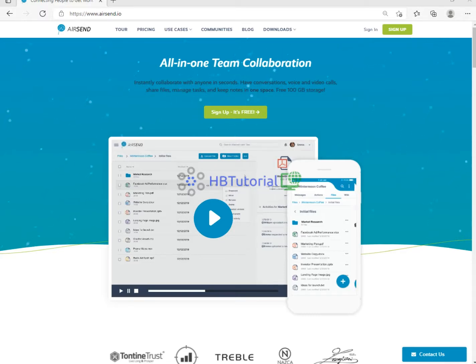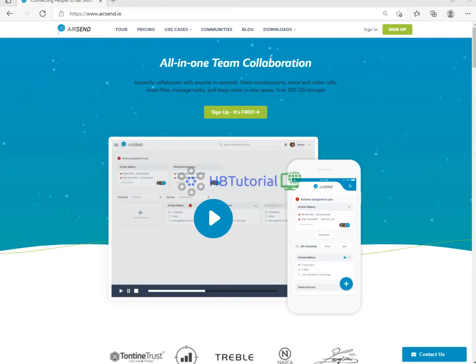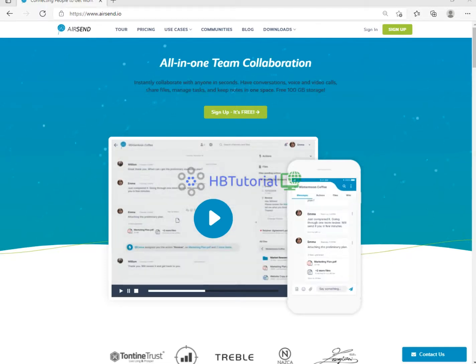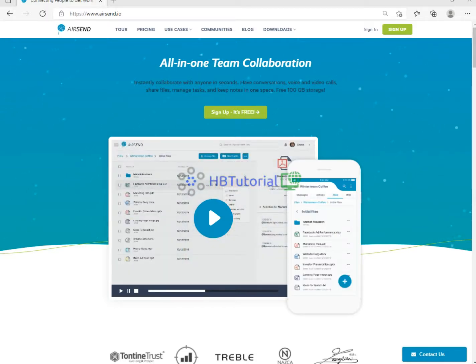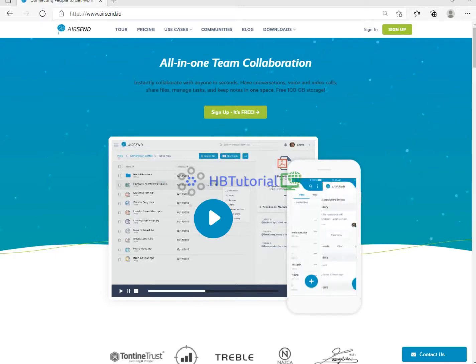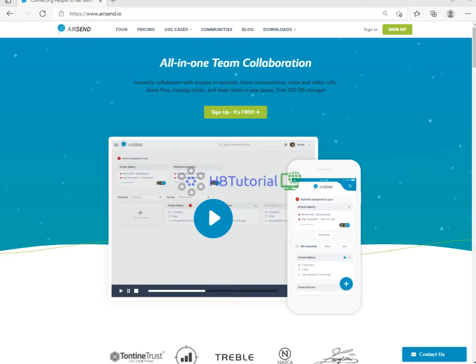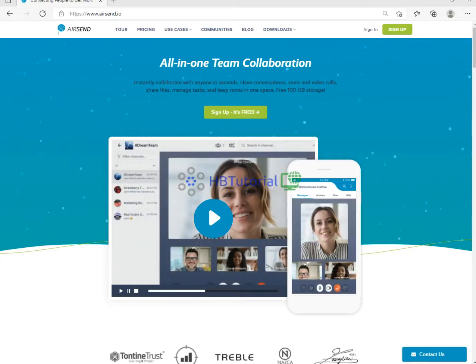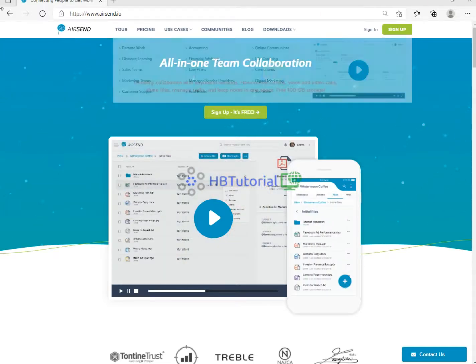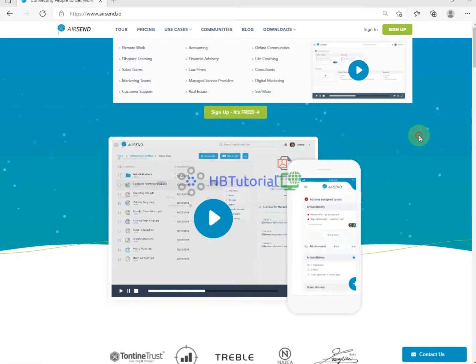So for today, I saw some applications for team collaboration. I will present to you AirSend. Why AirSend? You can use this for collaboration for your team, like in your business, for your personal meetings, and other presentations. So why AirSend? Because AirSend is